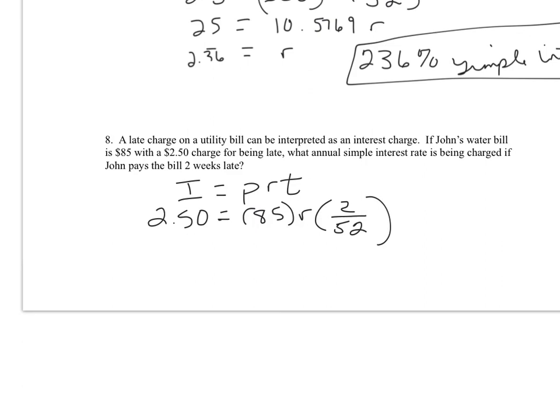Now, I'm going to give you an opportunity to put this in your calculator. You can think of this as 85 over 1 times R times 2 over 52. You can multiply 85 times 2, divide that by 52. That will tell you what number is being multiplied times R. And then you can take 2.5 and divide it by that number. I'm purposely not writing all this out because I want you to see if you can figure out how to get it in your calculator yourself. You will come up with a decimal value this time,